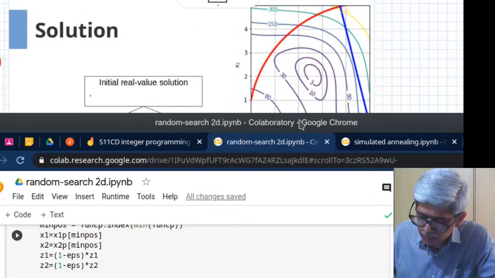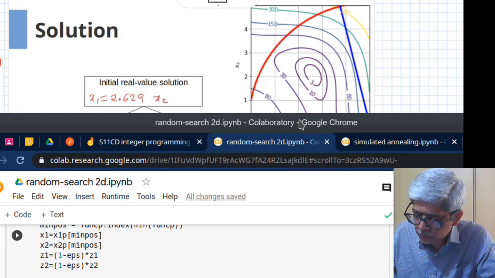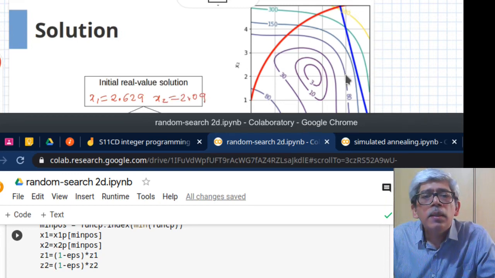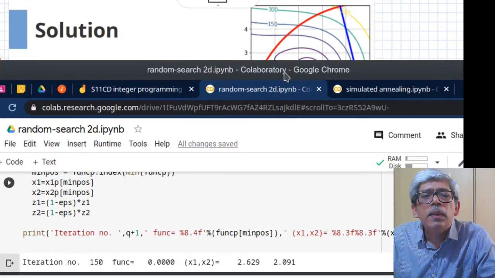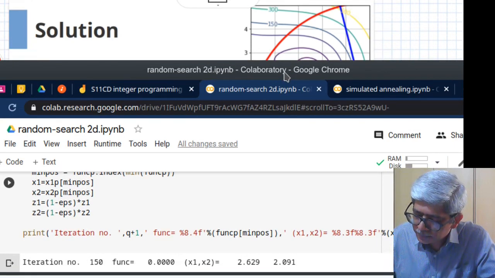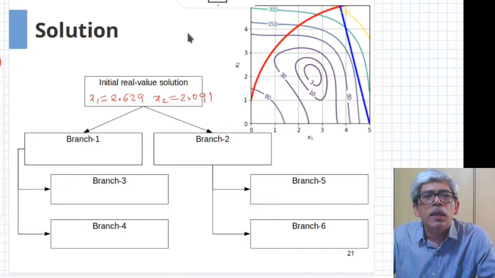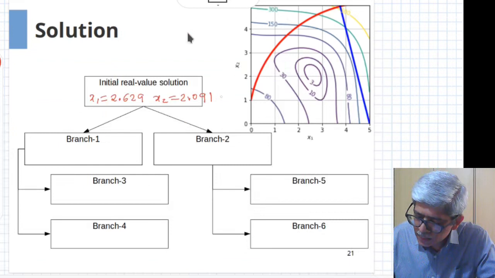So it is x1 equal to 2.629 and x2 equal to 2.091, and the function value is 0.